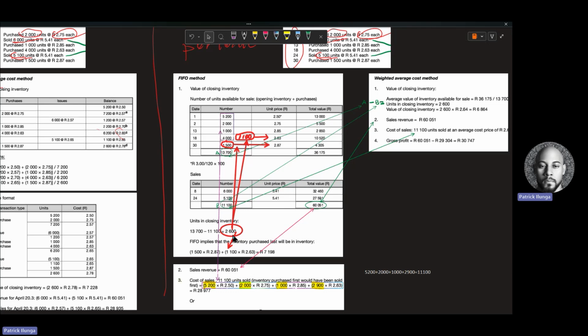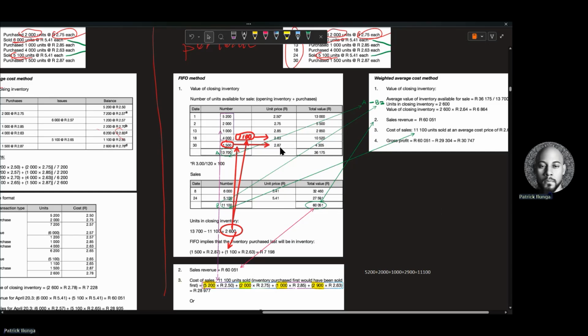That's the closing number of units. What we just need to find is that for these 2,600 units, what will be their cost? Remember, we are talking about closing, not opening, closing. So remember that the last purchase we made was 1,500 units. So 1,500 units of that 2,600 units will be at this cost,